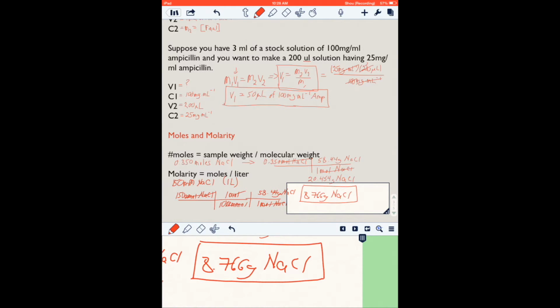It's also important to mention when you prepare a solution, usually, in this case, if we were preparing 1 liter, you would fill a beaker, or you can even do this in a cylinder because you know that the sodium chloride will dissolve readily at room temperature, with about, in this case, 950 mils of water, and you would pretty much just assume that the 8.766 grams of sodium chloride you're going to add are not actually going to contribute any volume to your solution. And then after you've added the sodium chloride, you would then bring the volume up to